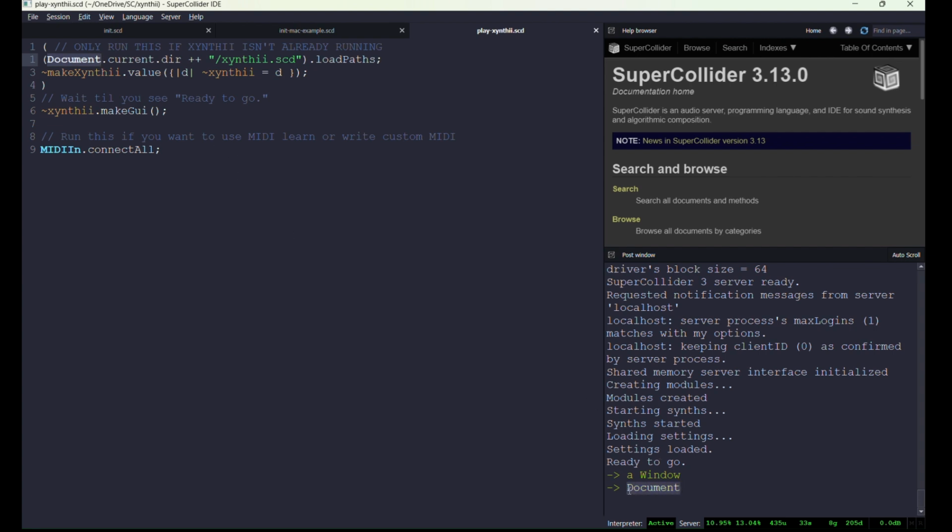It says document there, but it didn't really execute that code. So I got no Xynthi running, I just got some text there, and it doesn't really make any sense. You really have to be careful to just have your cursor in a block of code. Don't change that block of code in any way, and then go ahead and hit Command Return or Control Enter on